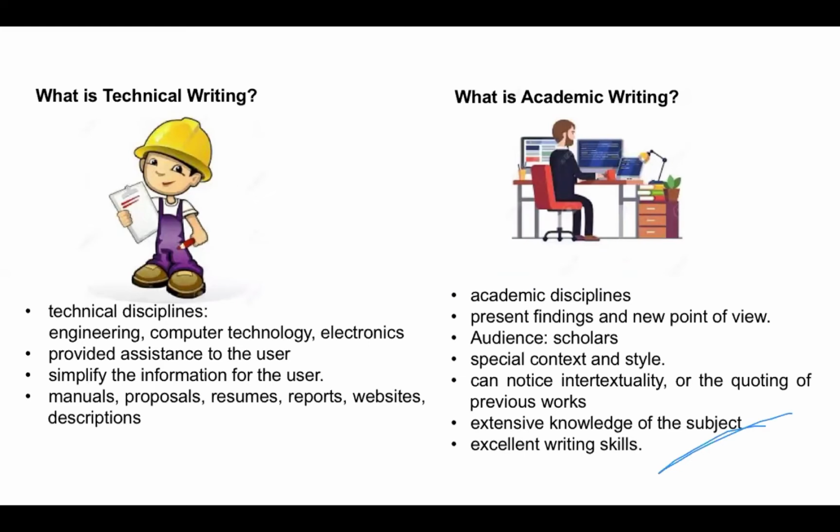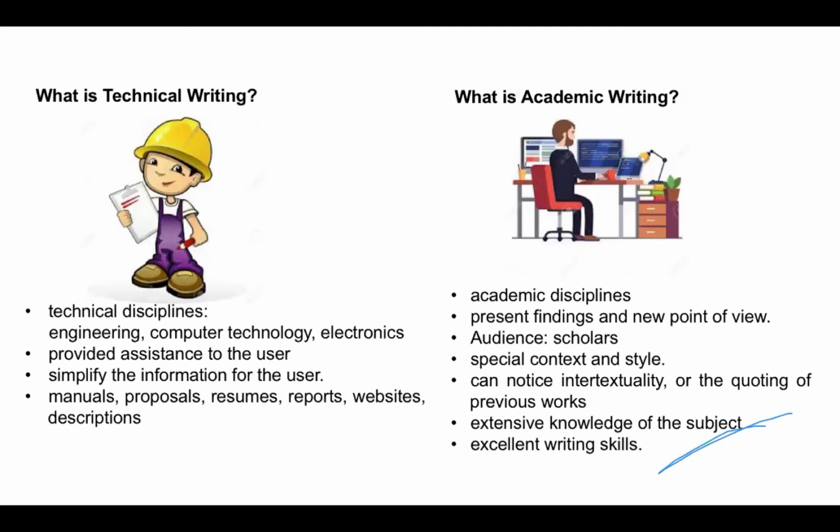For example, to know how to operate a device, usually all the manufactured devices come with manuals, for example, and how to use them. This is the kind of people you expect. So you are providing, let's say, assistance to the user. This is the main aim, actually, of writing technical